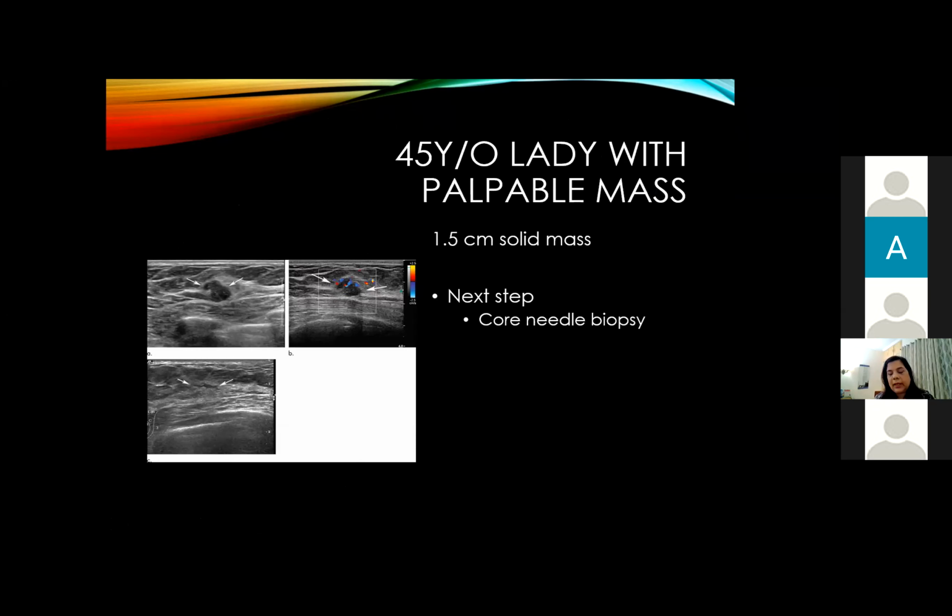So I try to divide the imaging findings into two types. One where you can suspect papillary lesions, and the others where you are not suspecting papillary lesions. So this is a patient with a palpable mass, and there is no nipple discharge, so we are not suspecting papillary lesions. So when you see such a mass, you give it the BI-RADS category, which would be BI-RADS 4B, looking at this slightly irregular margin in this lady, and so the next step would be core needle biopsy.